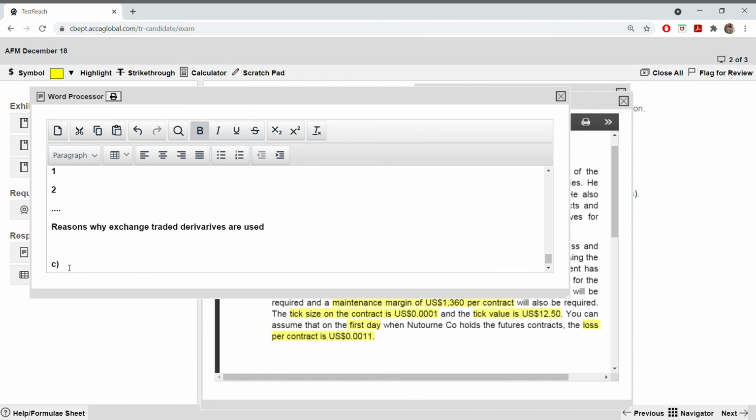So this answer. Explain. I'm not going to write the explanation. You can write it for yourself, but I'm going to dictate what it is. The mark to market process begins with the company having to deposit an amount. It's like a deposit amount. You're depositing some amount, the initial margin. Write it, initial margin, in a margin account with the futures exchange when it takes out the future. So when you open the future position, that day you deposit, that is known as initial margin, in the margin account. The margin account will remain open as long as the futures are open.